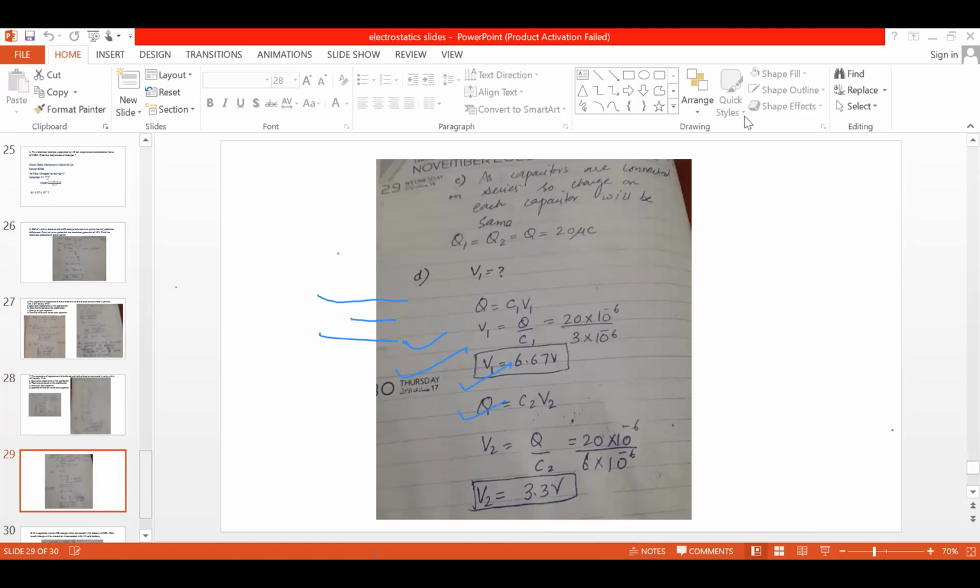Now, in the same way, we know that the charge on the capacitors will remain the same in series. So the charge Q1 is equal to Q2, equal to 20 microcoulomb. We can find V1 by applying the formula Q is equal to C1V1. V1 is equal to Q by C1. Put the values of Q and C1, and we will get the answer 6.67 volt. Similarly, for Q is equal to C2V, as we are going